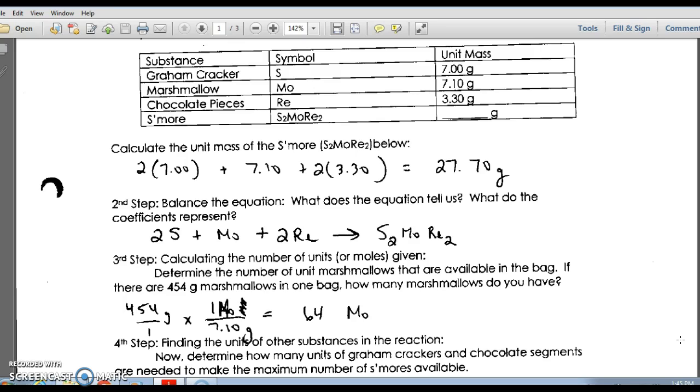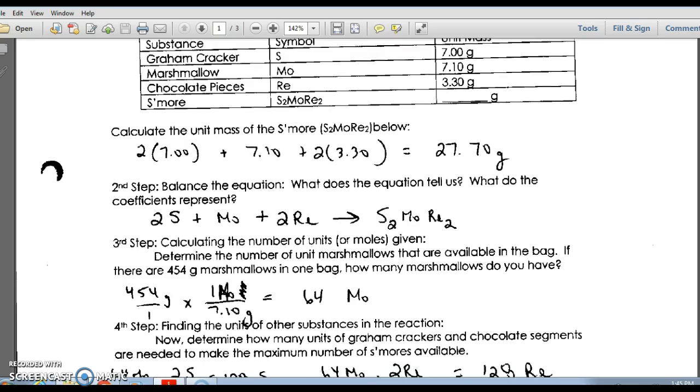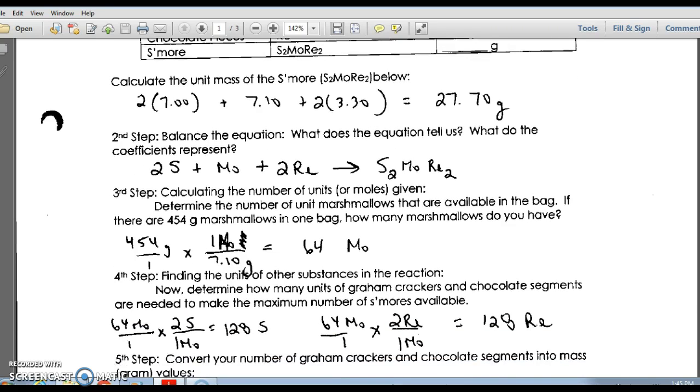So the third step asks us to calculate the number of units of marshmallows, or how many marshmallows we have. The idea is that we would buy this big bag of marshmallows at the grocery store, but it would not tell us how many marshmallows were in there. But since we know the total weight of the whole bag of marshmallows, because that is on the bag, and we also have the unit mass of the marshmallow, the grams for 1 marshmallow, then we can